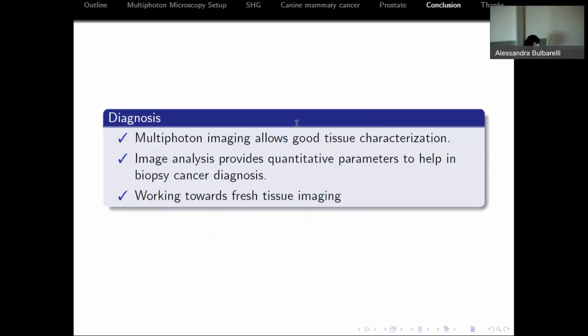So I think I'm going to be finishing now, saying that in terms of the prostate, the multiphoton imaging allows good tissue characterization, and we hope that the image analysis can provide quantitative parameters to help the pathologists get more precise diagnosis. And now we are working to see if we can do that in some more fresh tissue